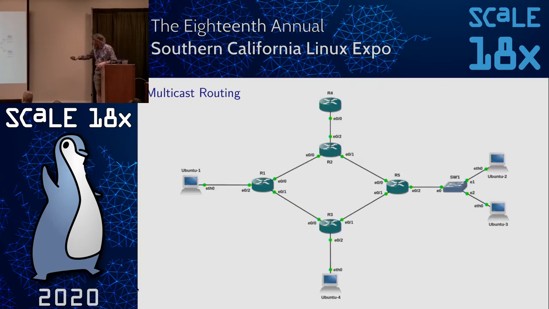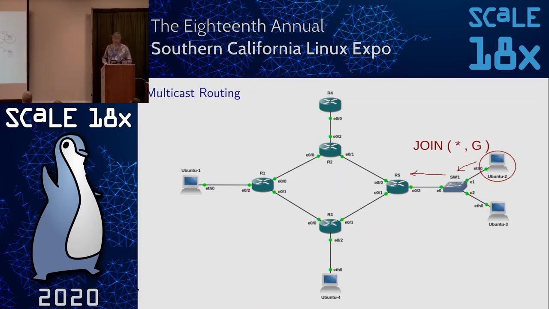Say you've got Ubuntu 2 over here, and it wants to join a multicast group. So it sends a join message, star comma G. G is the group that it wants to join, and star means I don't care who's sending, any source. So this is any source multicast. So it sends a PIM join towards its nearest router, which in this case is R5 here, and